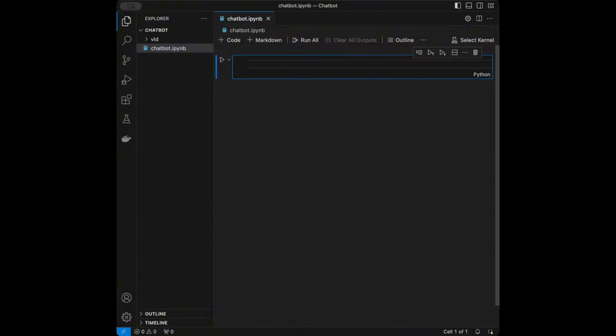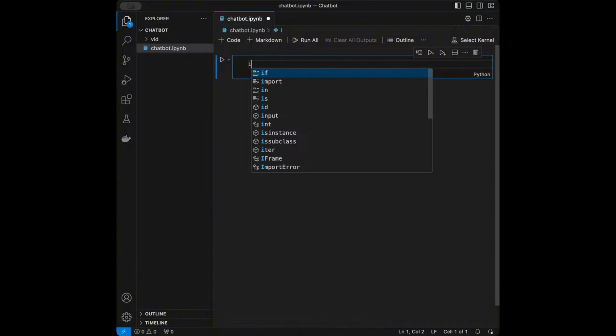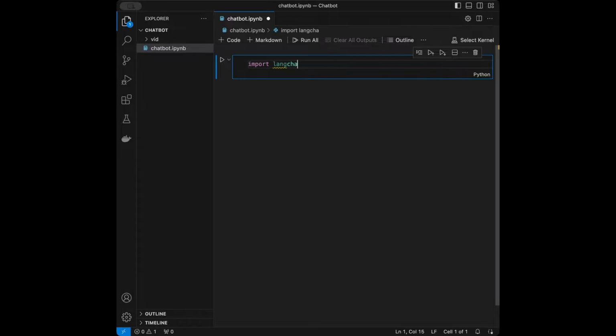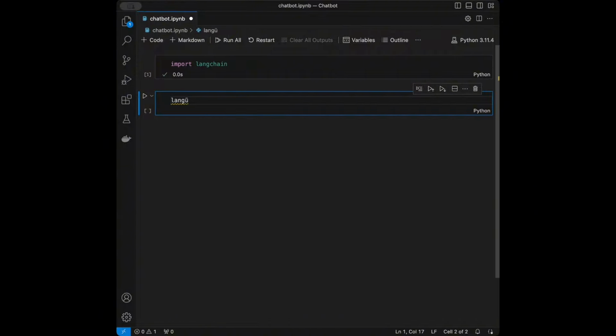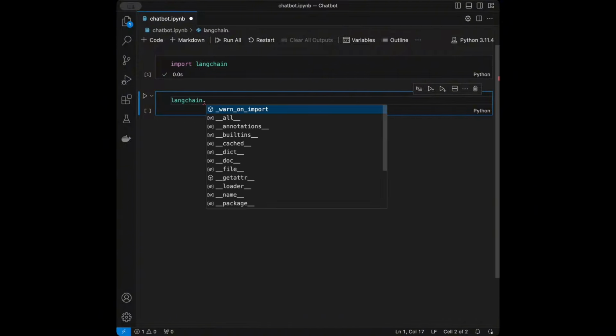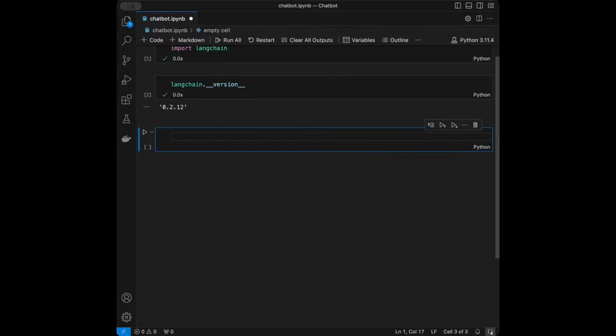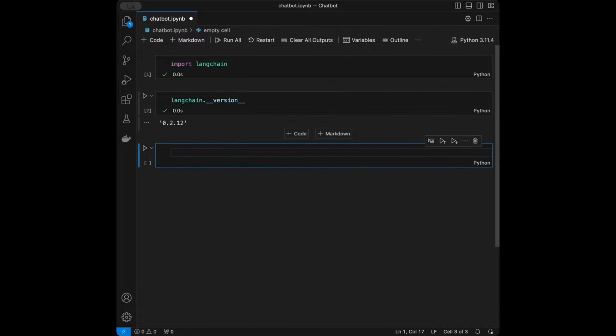Okay, so the library that we are going to be using in this video is going to be LangChain. But before directly starting to code the chatbot, I want to show you the LangChain version that I'm using right now, because with library updates, the code and the workings behind it can change. So if you are having a different version of LangChain than the one in this video, 0.0.12, maybe the code won't work in your environment. You can easily install this by pip install langchain==0.0.12, and